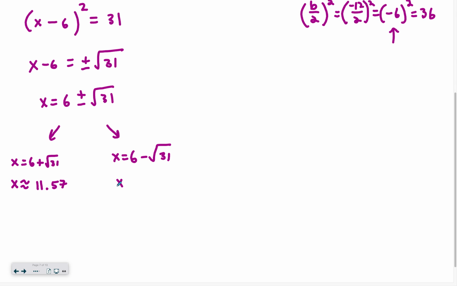You will get x equals 0.43. Oh, shoot, it's squiggly equals. I flubbed it. It's approximately 0.43. Now let us